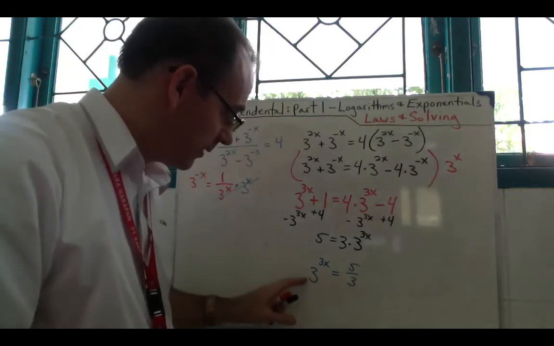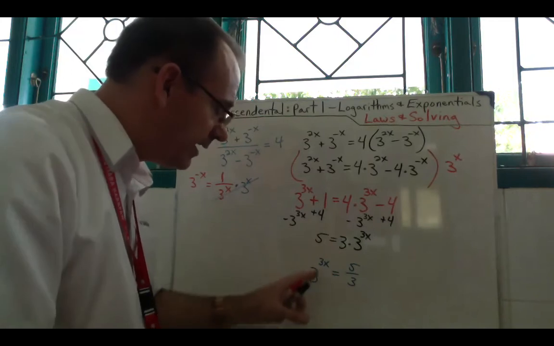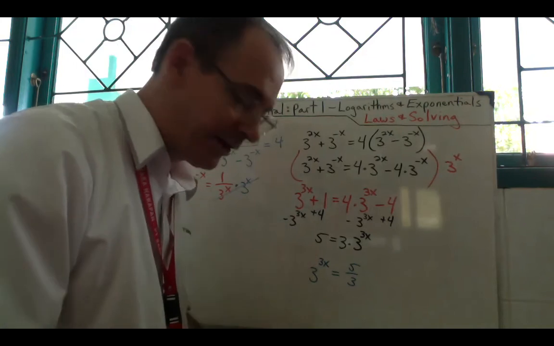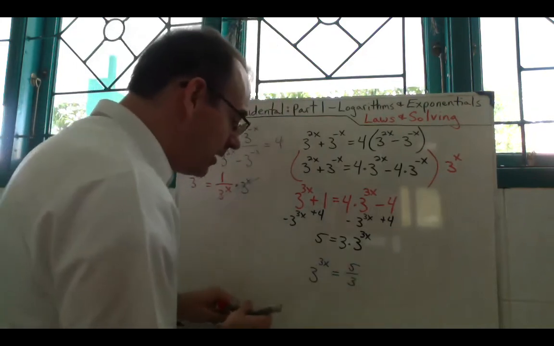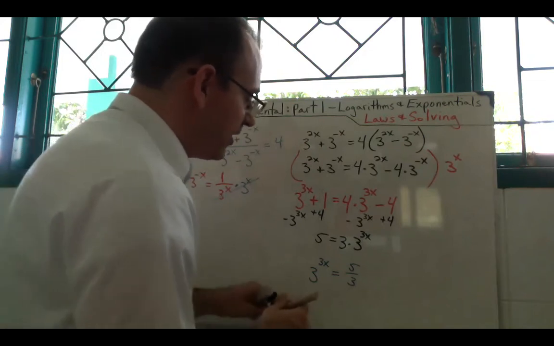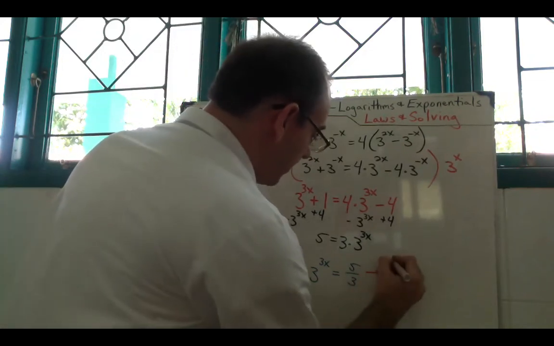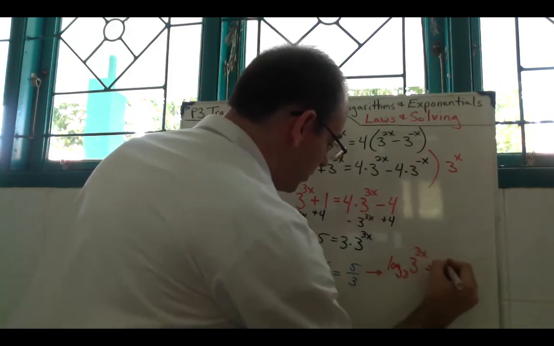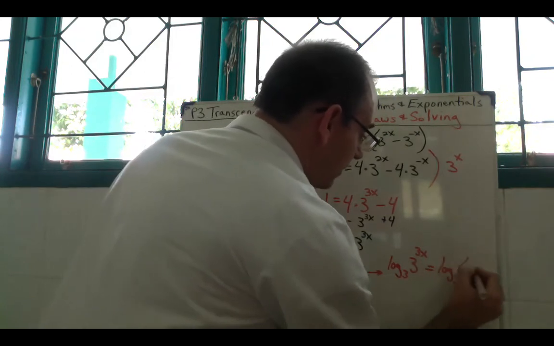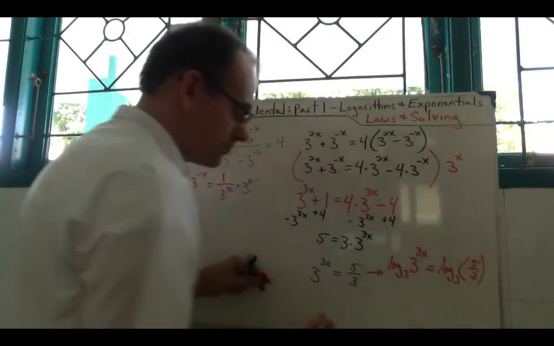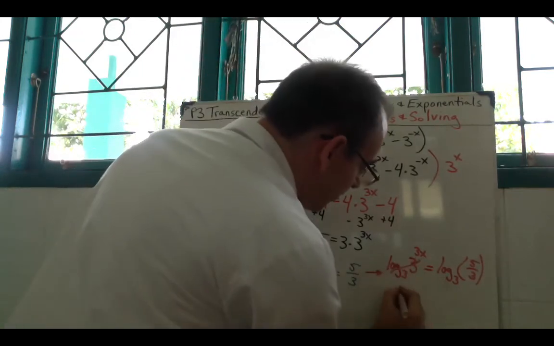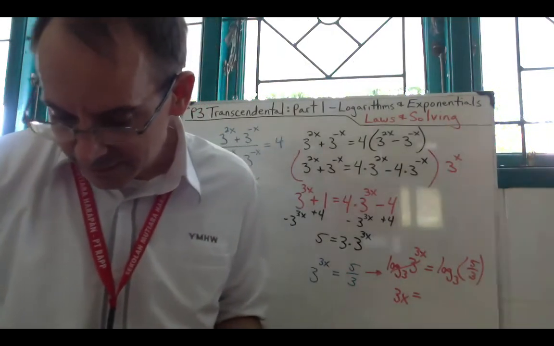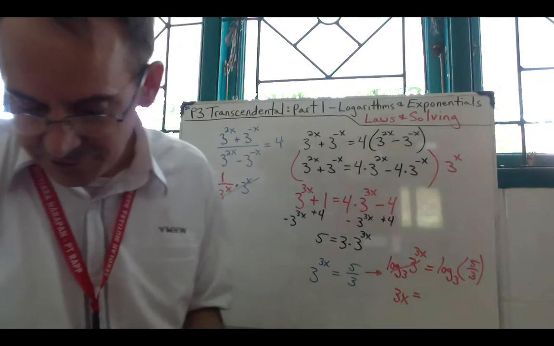Now we want to get rid of our base 3. We're now ready to break apart this exponential so that we can get to our variable. So we're going to log base 3 both sides. So this is going to become log 3 of 3 to the 3x equals log 3 of 5/3. On this side, it cancels, leaving us with just 3x. And when you put in log 3 of 5/3, you get